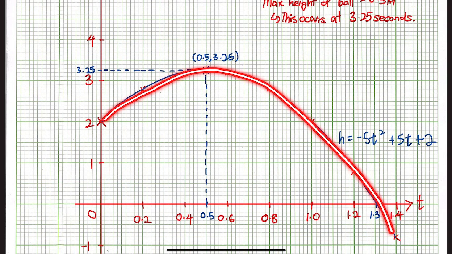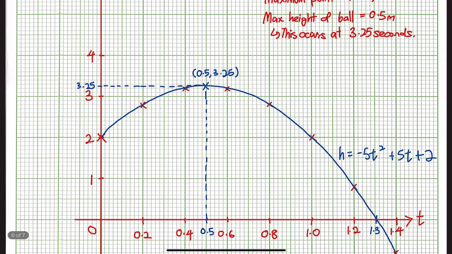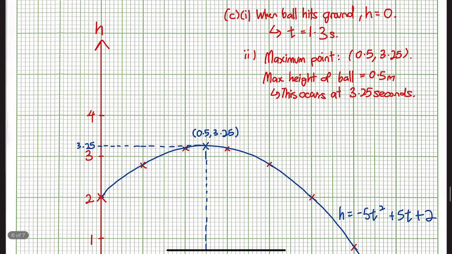Okay. How long is the ball at least 2 meters above ground? From the 0 second, the height of the ball, because the guy kicked the ball, right? It goes up all the way until it hits 2 meters here again, then it goes downwards. So how long do you think the ball is at least 2 meters above ground? We can see that it will hit 2 meters again at 1 second. After 1 second, it will go below 2 meters already, right? So therefore, from here, we can say that, conclusion for part 3, okay, the ball